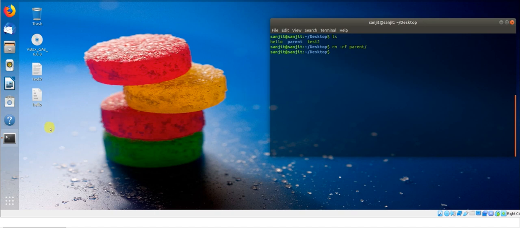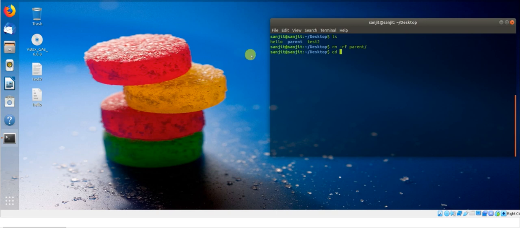So you will ask, if I don't want to remove child 2 and just want to remove child 1, how? So easy, just navigate to the parent, inside the parent, and just run rm -rf child 1 only. Okay, so in this way only child 1 will be removed. So in this way we create the folder, remove the folder. In the folder we can put the files if it is required.